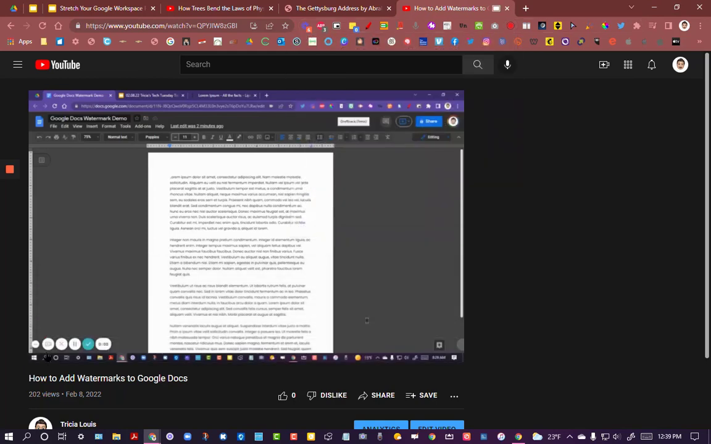Google Docs has had a watermark feature for quite a while, but originally the watermark feature was only an image. Just recently,